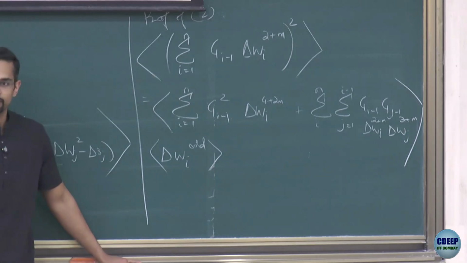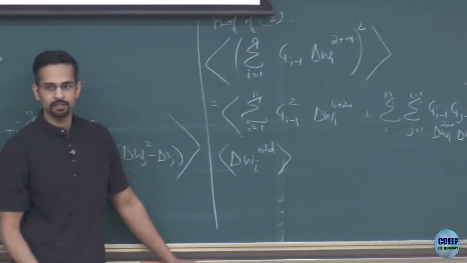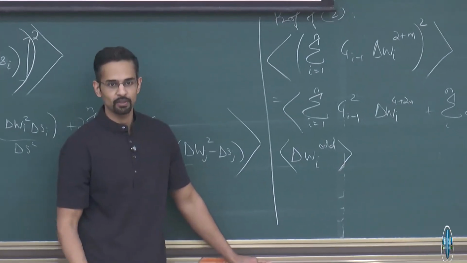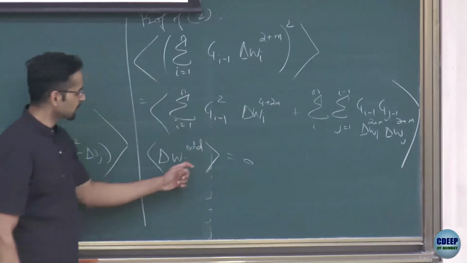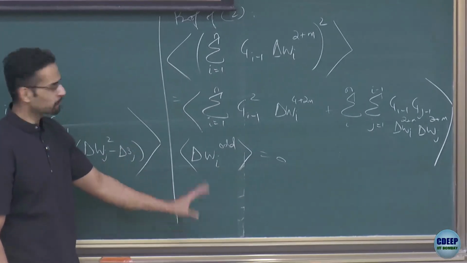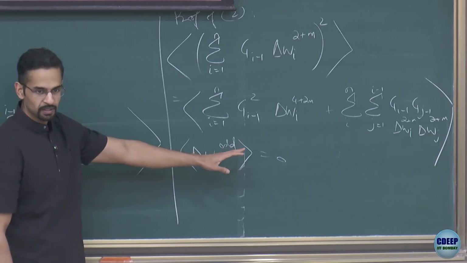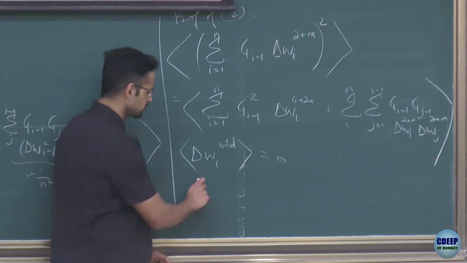What is the odd moment of the Wiener increment? Remember, the Wiener increment is Gaussian. So the odd moment of a Gaussian will be 0. So I know that that is going to be 0. So for any m such that I get an odd power, the ensemble average, when I take it, will go to 0. And any other m which is even will be